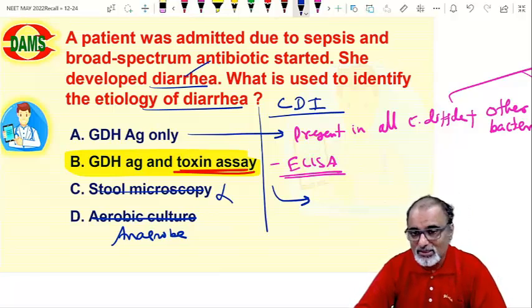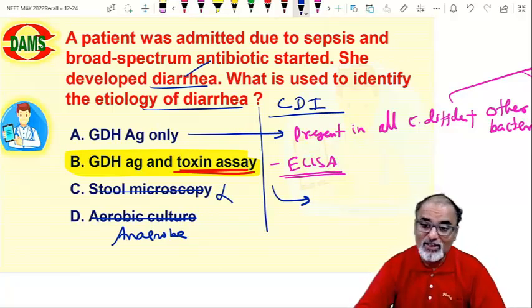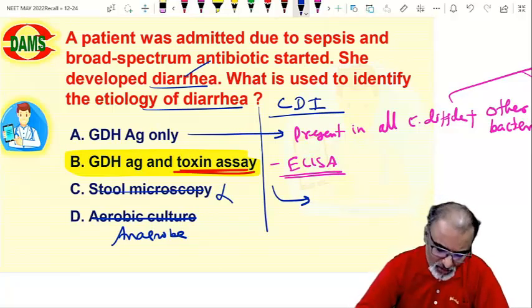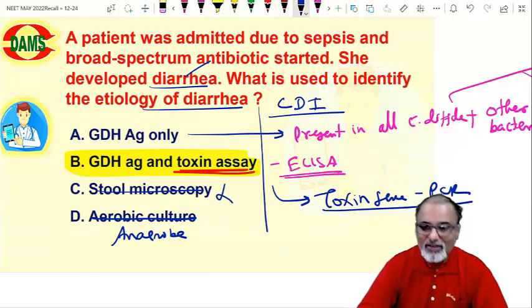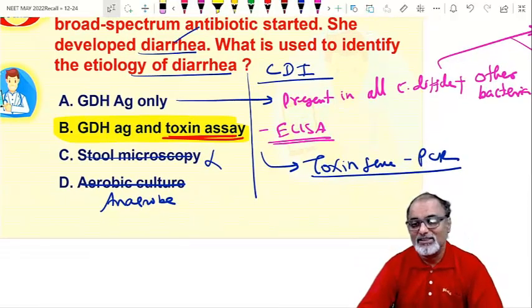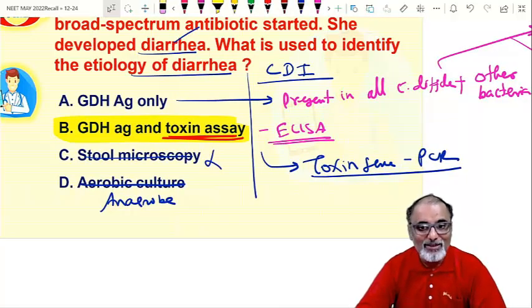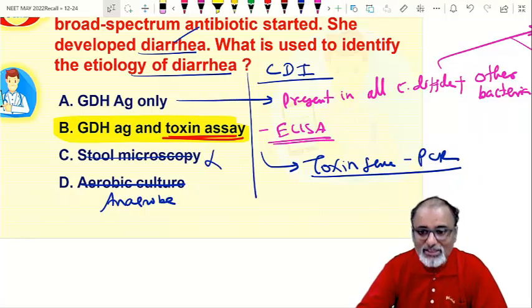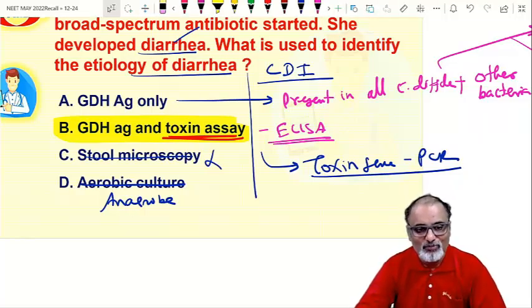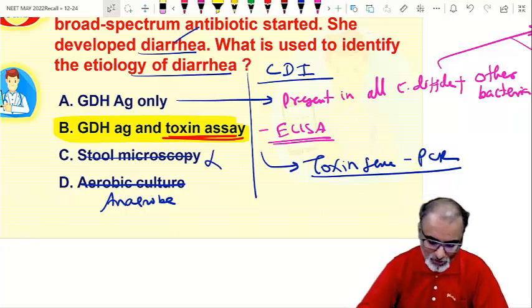Some people, if you want to know whether they are susceptible to get it or not, we can go for toxin gene by PCR. So before production of the toxin, whether the organism is capable, whether it is toxigenic or not, we can identify. So with ELISA, you are diagnosing after production of the toxin. With PCR, you are diagnosing before production of the toxin. And we can start the treatment. If you are able to find the toxigenic strain, you can start the treatment. Now the drug of choice